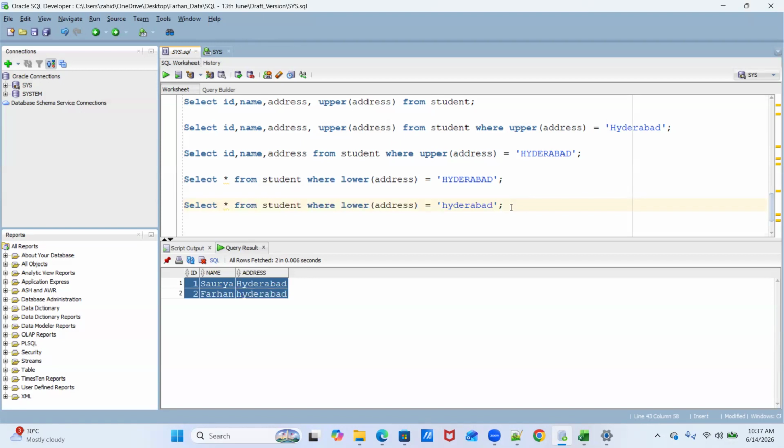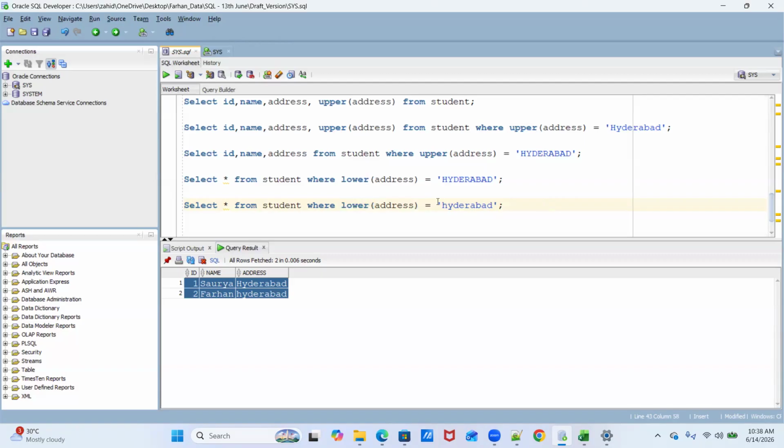Maybe it's hypothetical, but I still want to ask. We are just trying to convert one particular column to lowercase. Can we make all the columns lowercase in a single query, like where lower of address, name, ID? No, sorry, that we can't do. The lower keyword accepts only one argument, so you can pass only one column name in the lower keyword. Okay, hope it is clear.